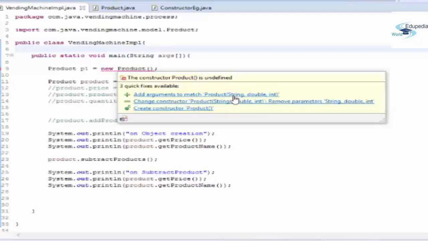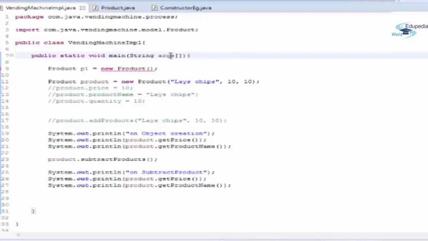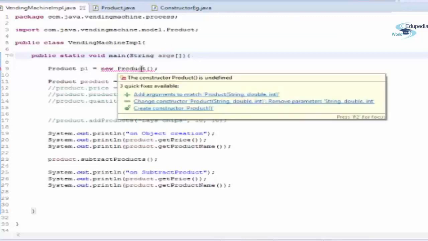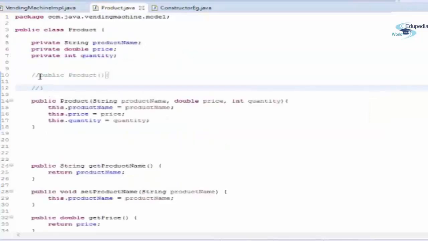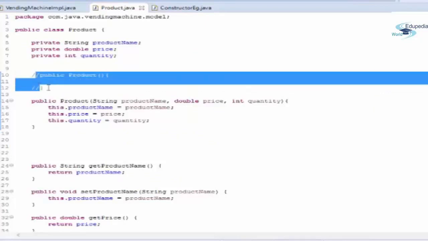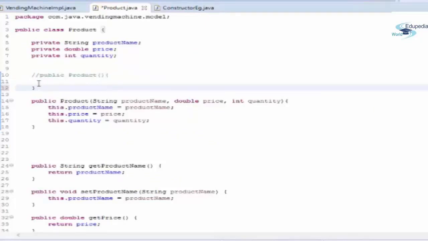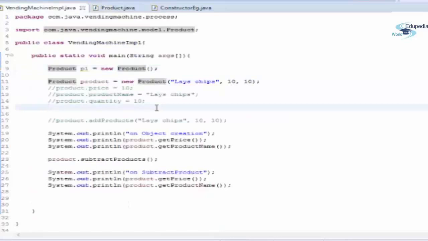So you can see over here it's giving us an error because we do not have a constructor with the matching arguments in the class Product. So it's always necessary to have a constructor with the matching arguments in your class, otherwise it won't allow you. You cannot create an object like this unless you have a default constructor, or a constructor with no argument. If I do this, it will work perfectly fine and it will not give us any error. Fine. So this was what the point says.